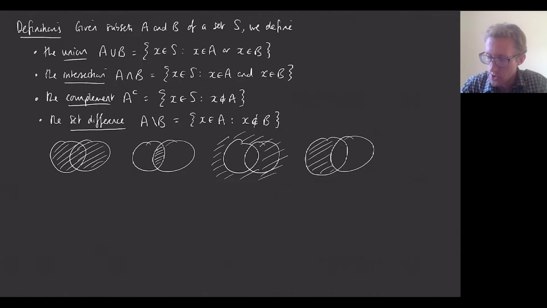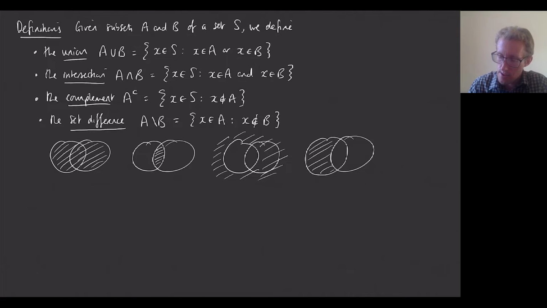Okay, so if the subsets were subsets of R^2, then these diagrams could be literal illustrations of the set. But more generally, it's quite common to draw pictures like this, obviously because we work on a piece of paper, and we're working in R^2 or in a subset of R^2. But even if the sets are something else, it can be quite useful to draw pictures like this.